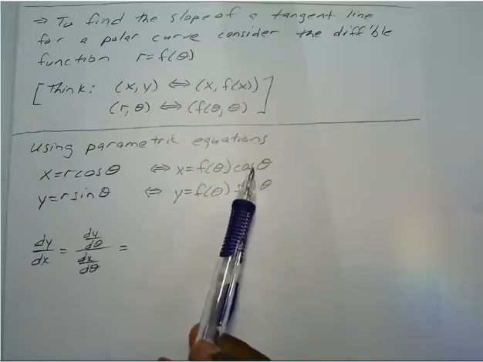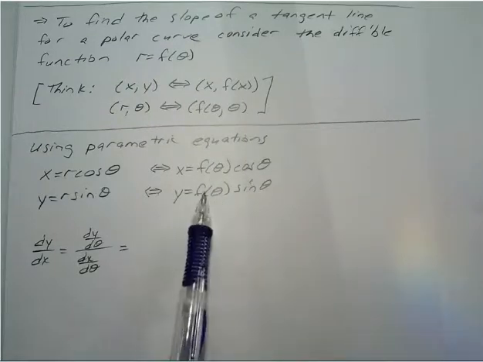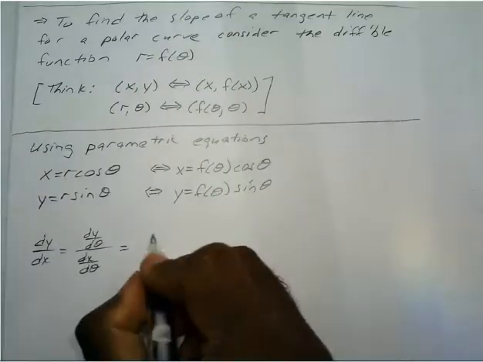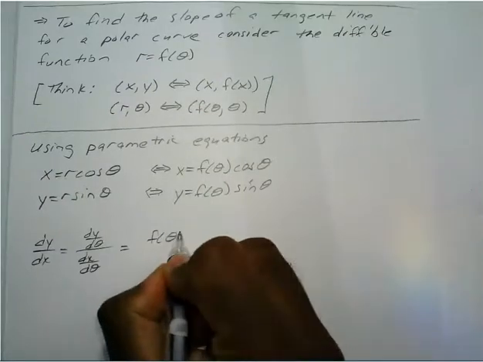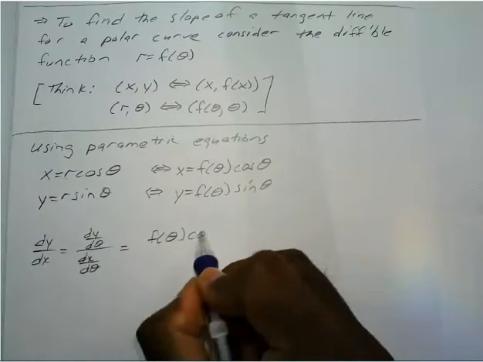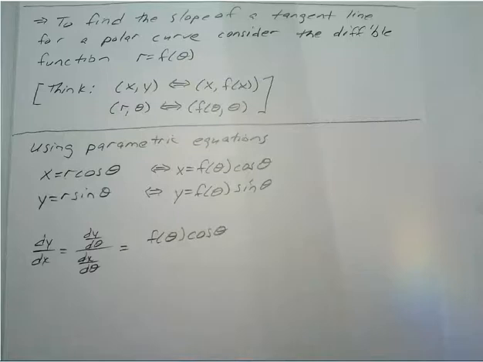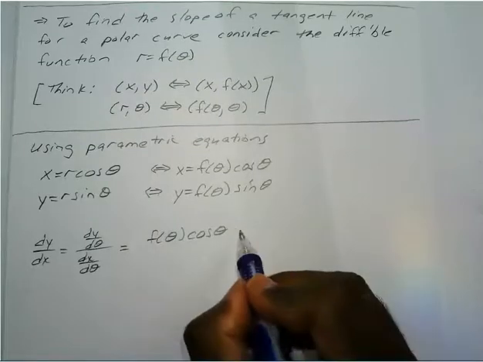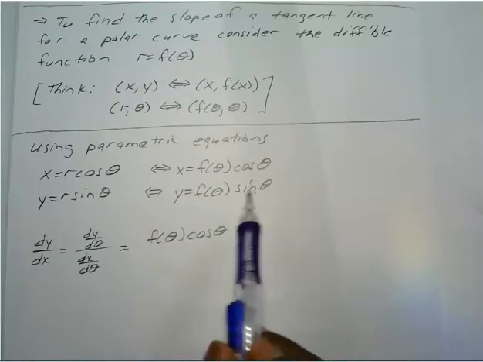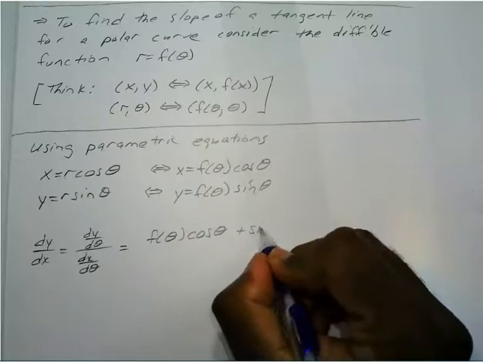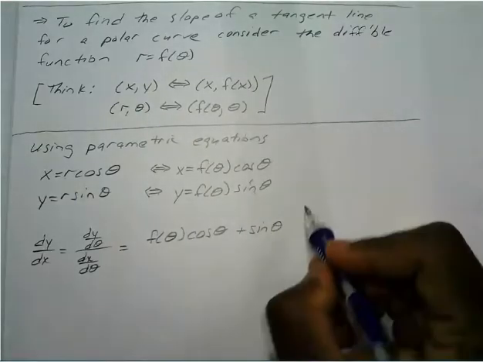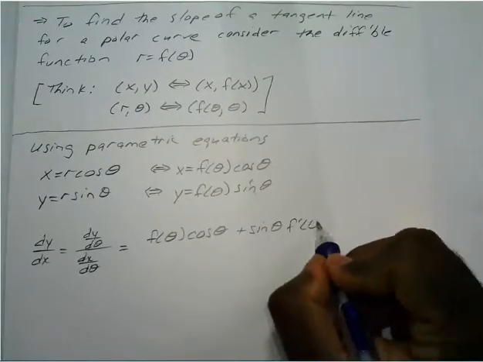You have the first times the derivative of the second, so f of theta, derivative of sine is cosine, plus the second times the derivative of the first, so you have sine of theta f prime of theta